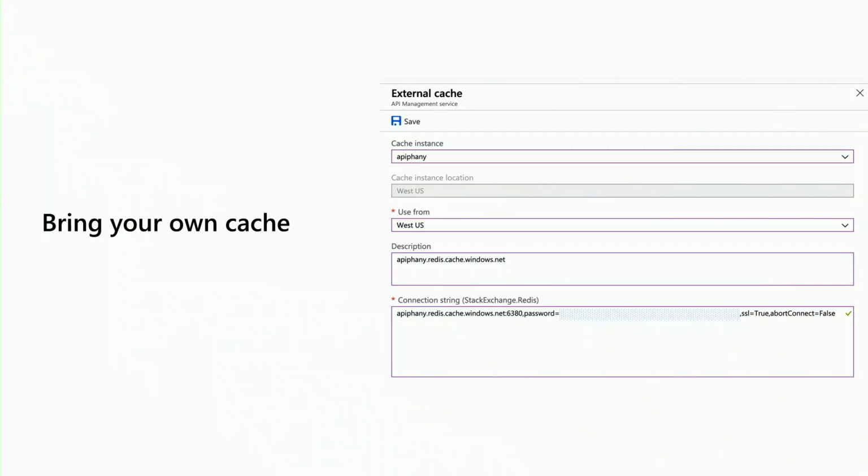But now we also added the ability to bring an external cache that you can configure. It has to be Redis compatible, so you can use Azure Redis Cache, you can use cache from Redis, you can use VMs and host Redis itself. All we care about is that it's Redis compatible. You need to give us a connection string. As you can see, you can specify from which API Management region that particular cache needs to be used. So if you have Premium with multiple regions, you can configure different caches for different regions, for instance. And